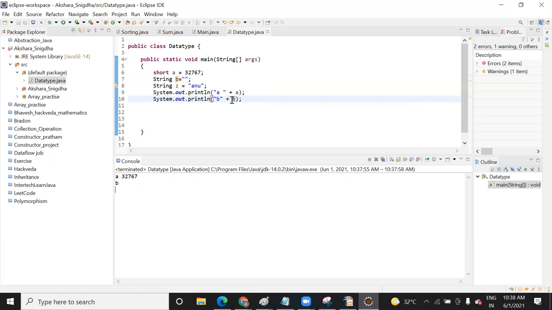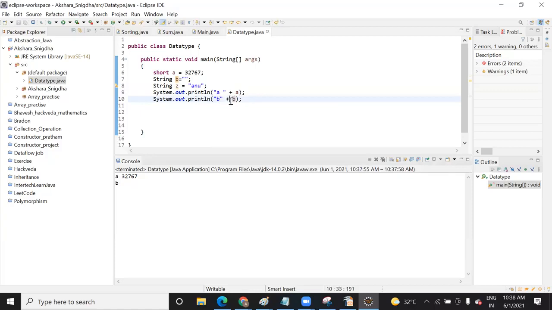Why? It's printing b because you have put the name in quotes, and then you are concatenating it with b, which is zero. I have not initialized any value for b here, I'm just printing this b value.